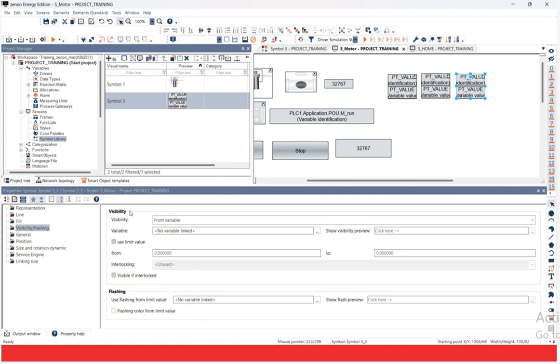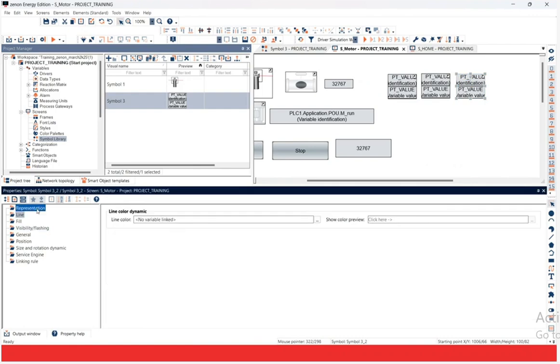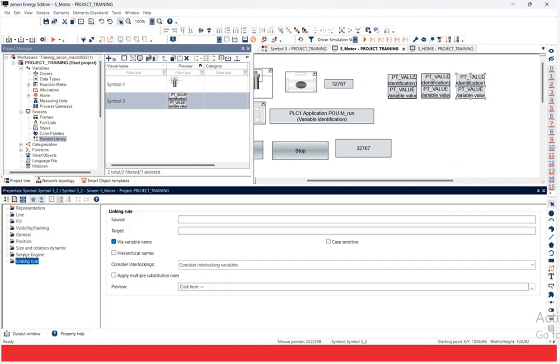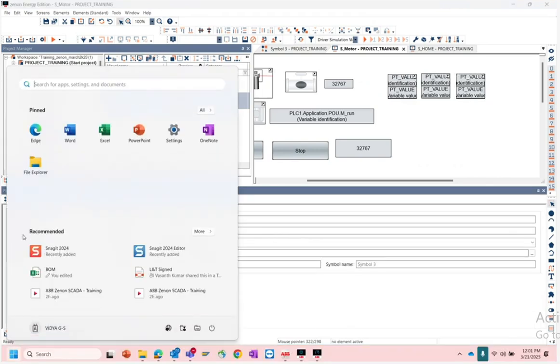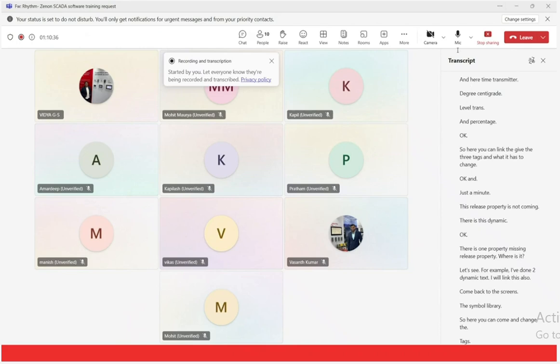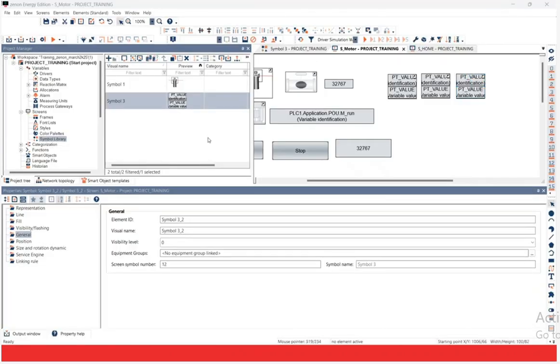So here you can come and change the tags. Sorry. So yeah, so once you come here,